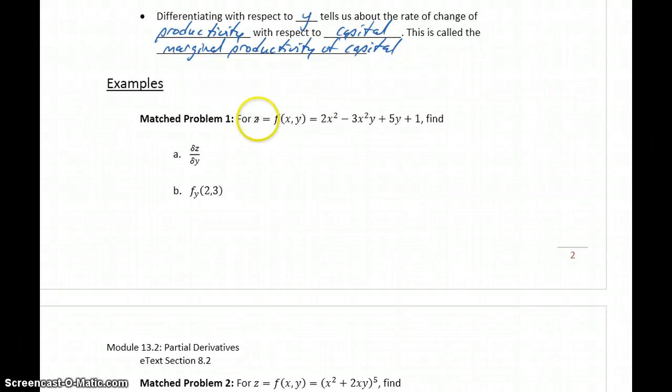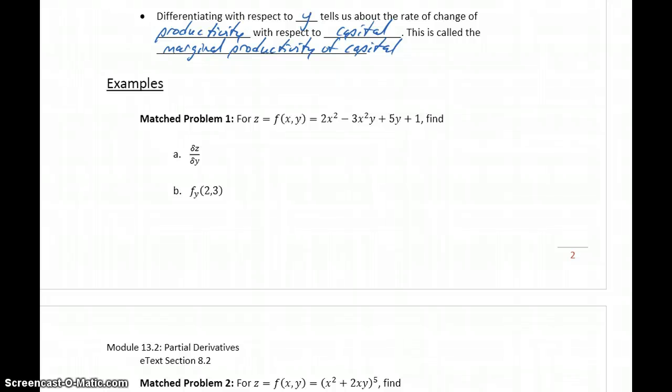Match problem 1, we're given a function z equals f of x, y, and what we want to do is calculate the derivative of that function with respect to y. Once we have that derivative, f sub y, then we want to evaluate it at x equals 2, y equals 3. So one trick when you're taking derivatives like this is to help yourself realize that anything that